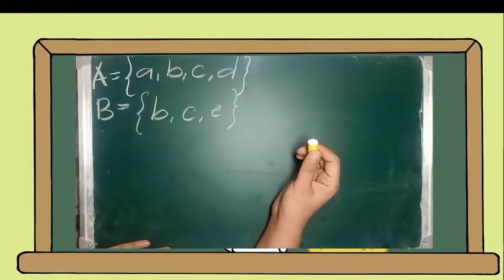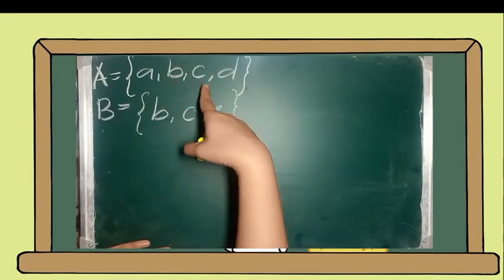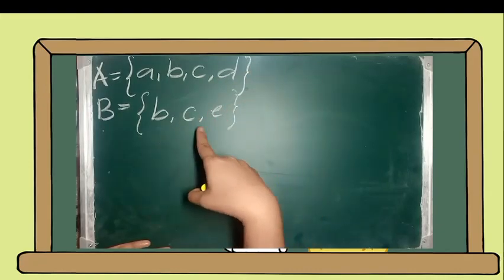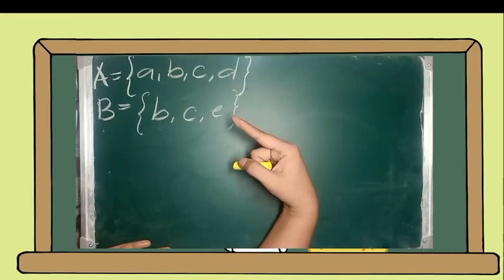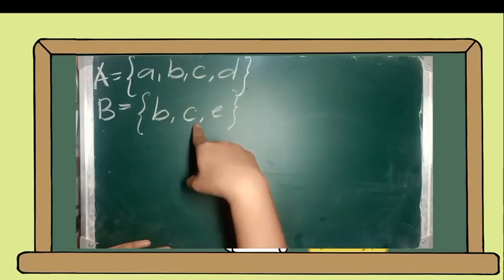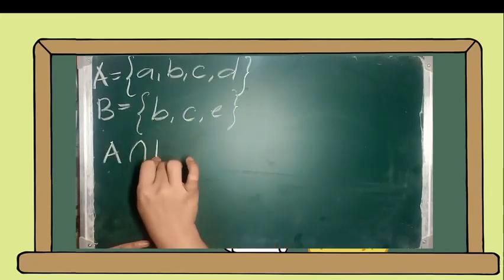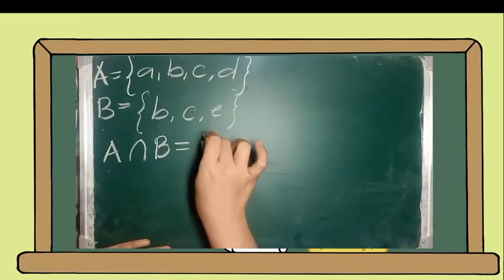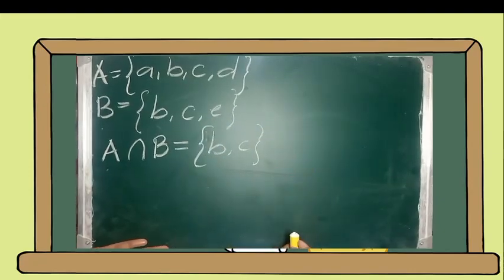So, look at another example. We have set A with elements A, B, C, and D. And set B with elements B, C, E. Tignan natin kung anong elements ang common sa kanila. So, ang common o pareho sa kanila ay si B at saka si C. So, A intersection B is equal to B and C. In Venn diagram,